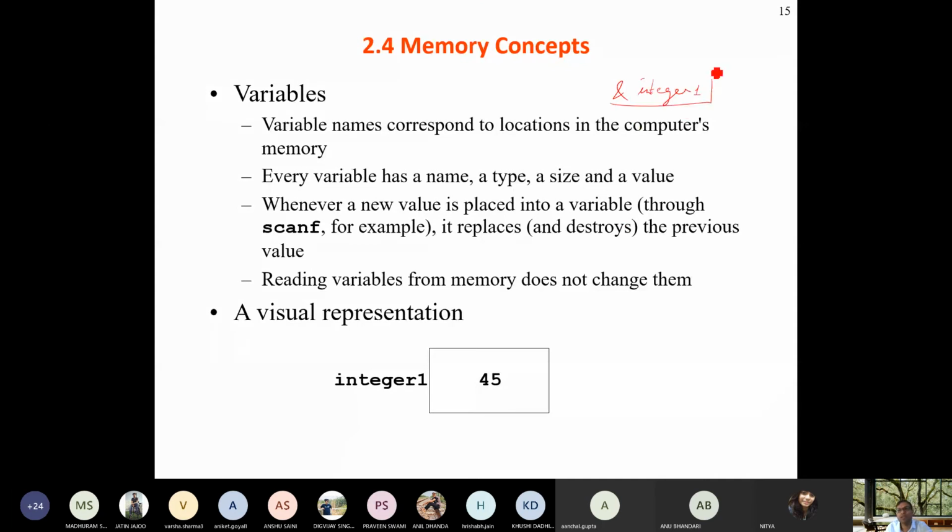Whenever you are typing this, it will be stored at the address of integer 1, and who has given the value? The user has given the value, and this will be transferred through %d to the location of integer 1. Every variable has a name, a type, a size, a value.